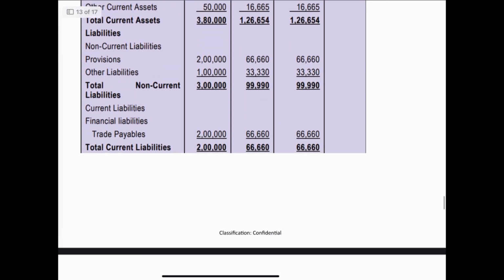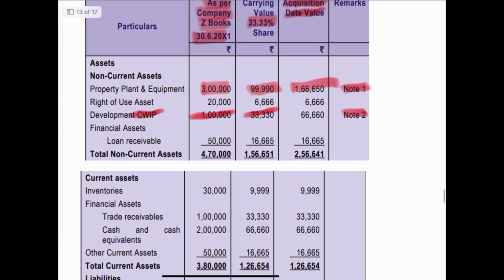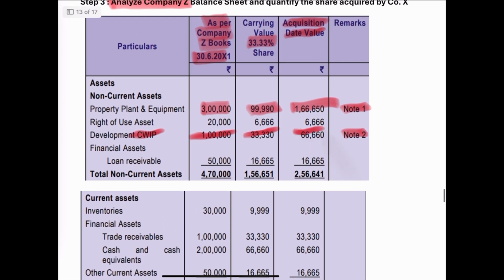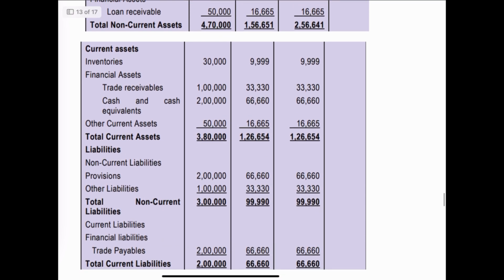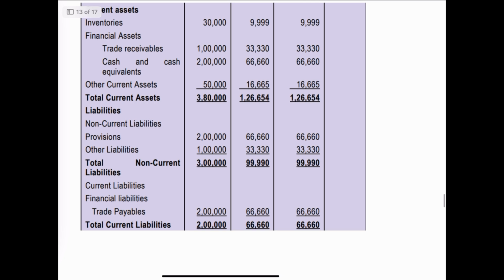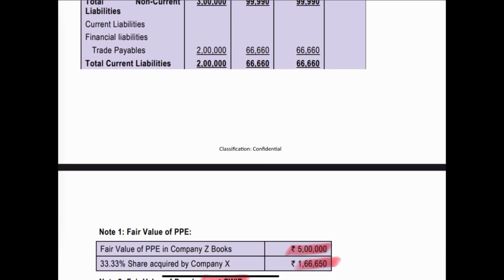But in terms of fair value, it has been given that the CWIP total fair value is 200,000. So 33.33% of the fair value comes to 66,660. So that's the value we have mentioned here, right? So for all the other assets, it's just a mere ratio. We have taken the full asset value and 33.33%, and the takeover value is also equal to the carrying value. Done. So let's make this first, and then